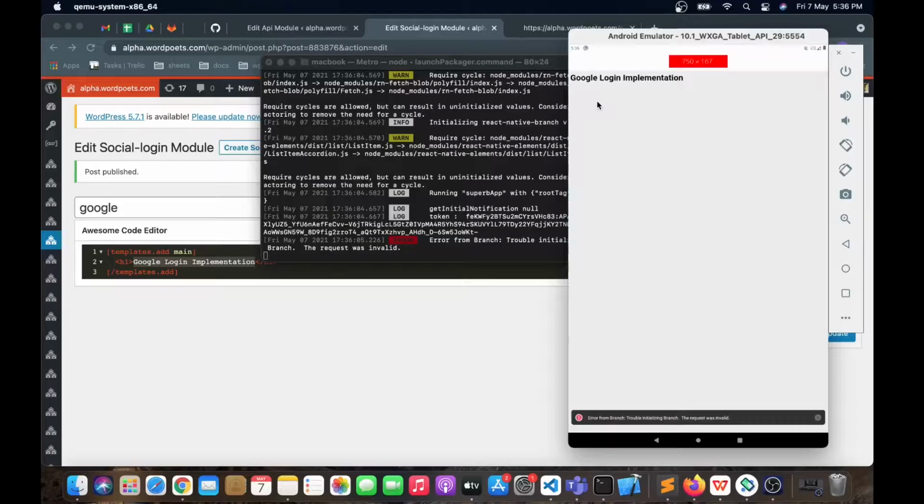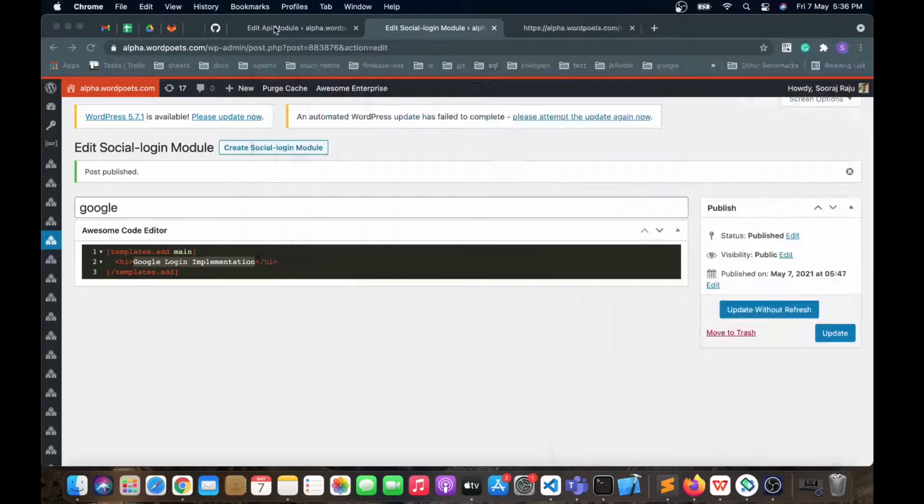Now we are loading this module in our application.